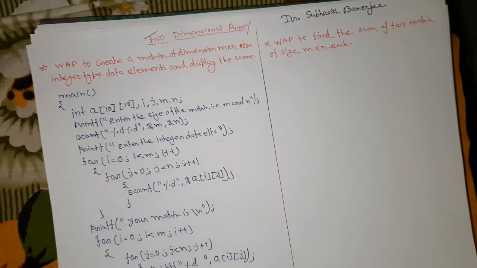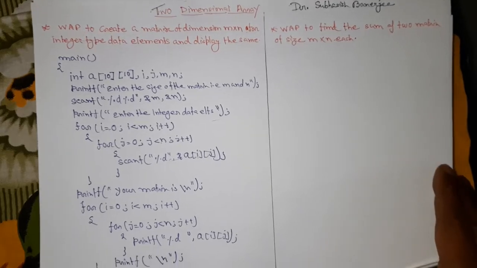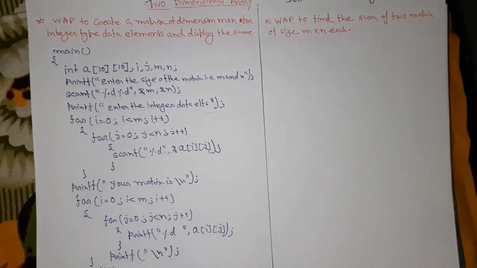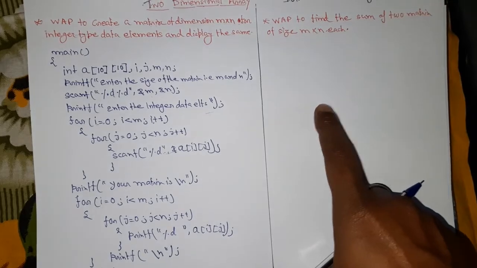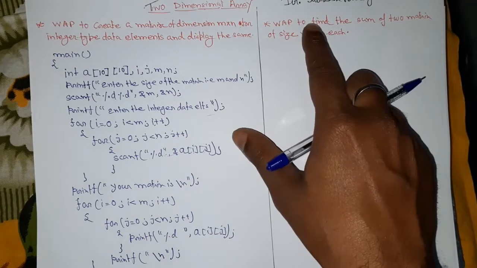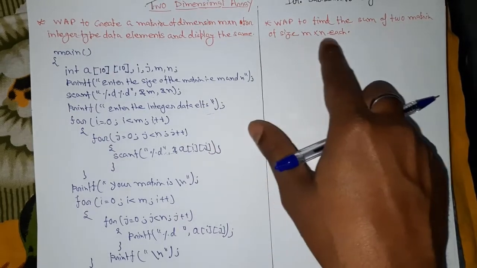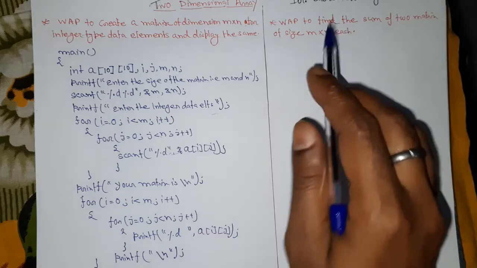That's it. So in this program we have successfully created a matrix of the dimension m into n, which stores integer type data elements, and we have displayed them successfully. Similarly, in this program here, I'm not going to write the whole program. Instead, I am going to write only the simple code for the sum of two matrices of the size m into n. As such, we know that for finding the matrix addition, both of the matrices should